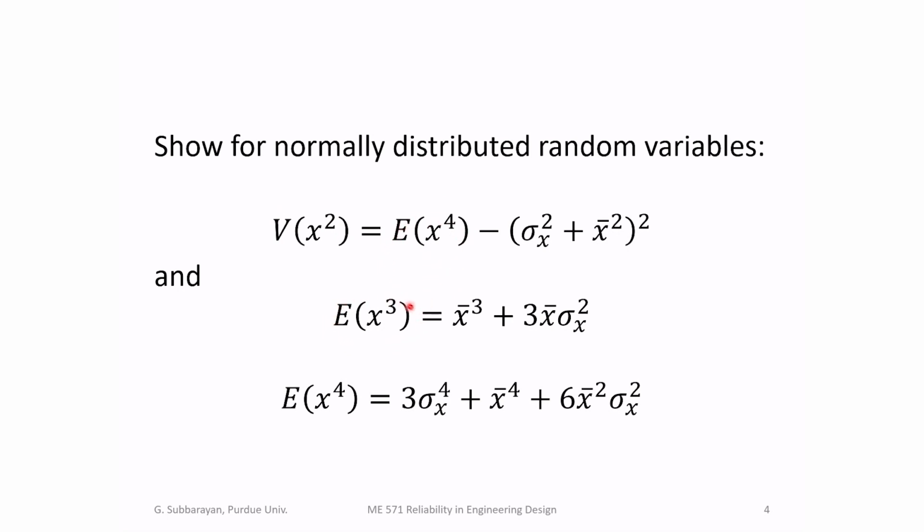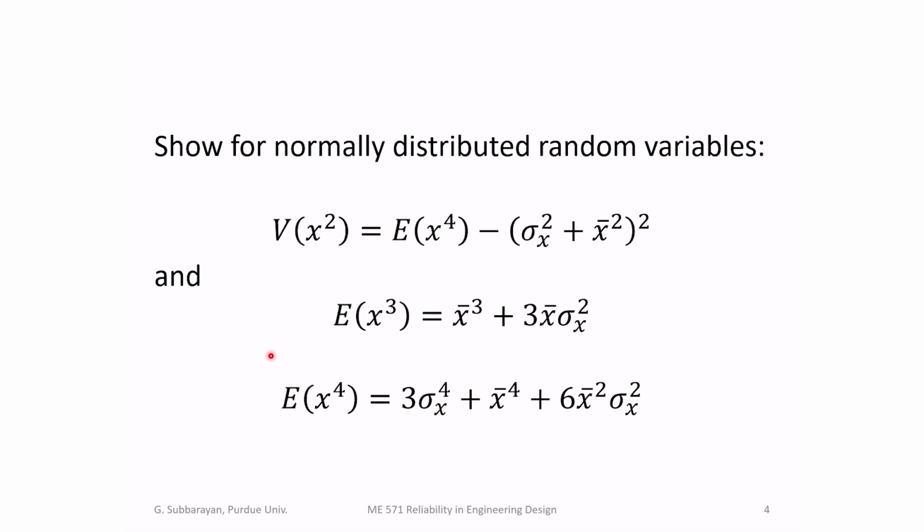And the expected value of x cubed is given here. Expected value of x to the power 4 is given here. All of these formulae are only valid for normally distributed random variables because they use the symmetry of the normal distribution. Normal distribution is convenient because of its symmetry. The other distributions we will study in this class, none of them are symmetric. So this formula is convenient